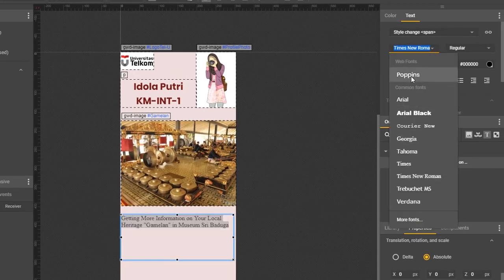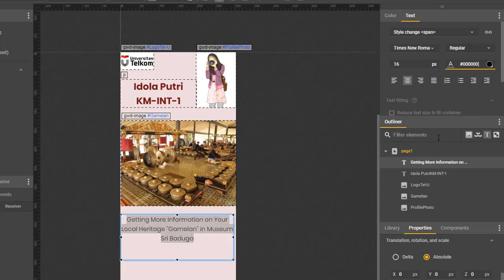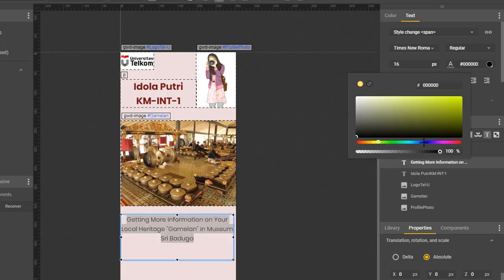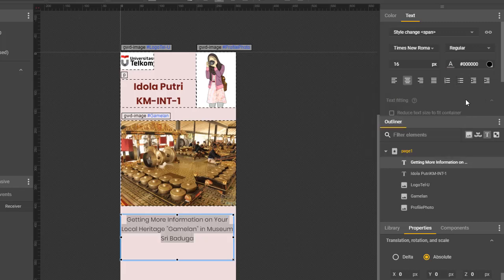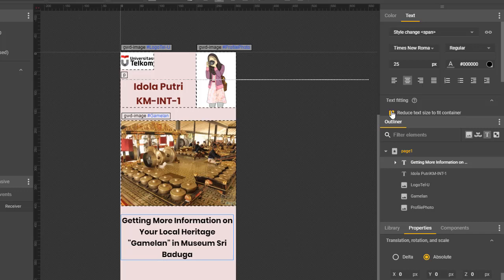Okay, make sure that you give it the same treatment. You can change the color, change everything that you want. I'll make it blue and bold, and size it to fit in.